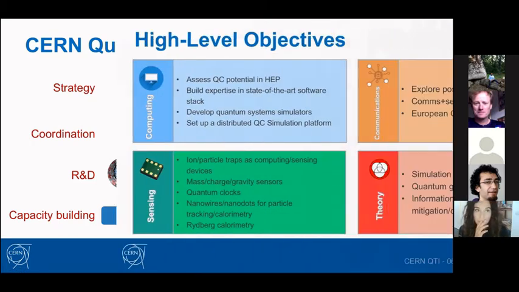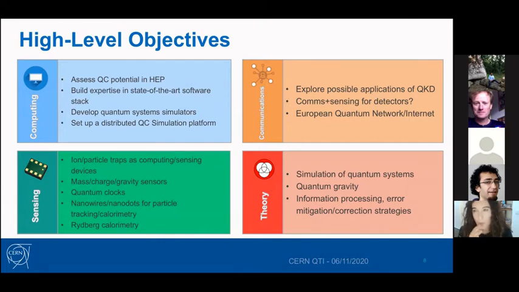As far as the objectives are concerned, everything started very recently. So we are still deciding or outlining our detailed roadmap for the next few years. But we already know we have a few high-level objectives that are very clear for each one of the areas I mentioned, and those are listed here. For example, as far as computing is concerned, the primary objective is, of course, to understand how quantum computing techniques could affect high energy physics, and how they can help solve major challenges in future detectors. How much do we have to change our computing model if we want to integrate this kind of approach? Of course, all of this has to go hand in hand with a good understanding of